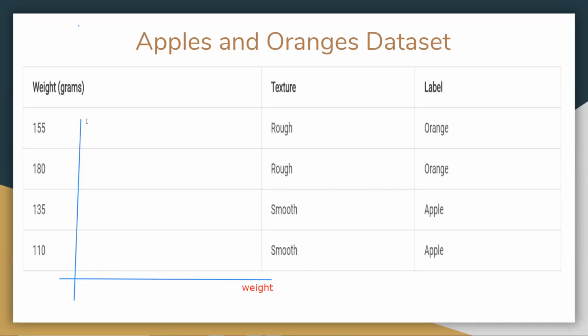And this is your texture. So two dimensions, two features means two dimensions, right? One dimension is x, one dimension is y. That is your weight, and that is your texture.